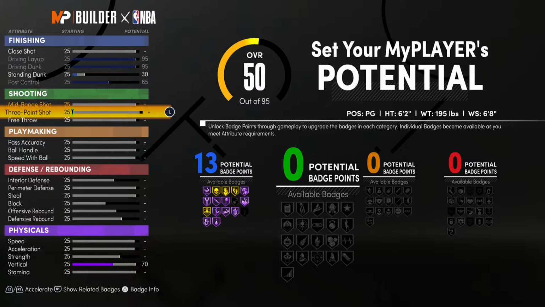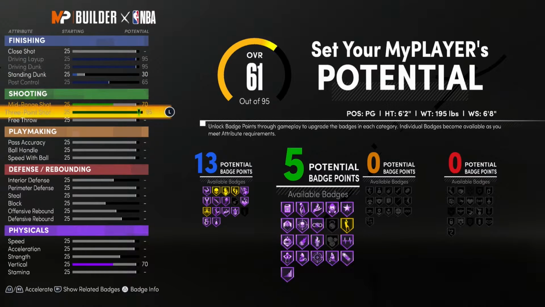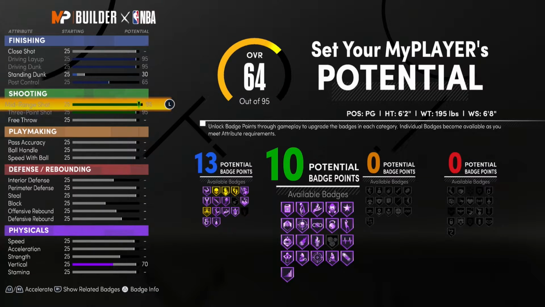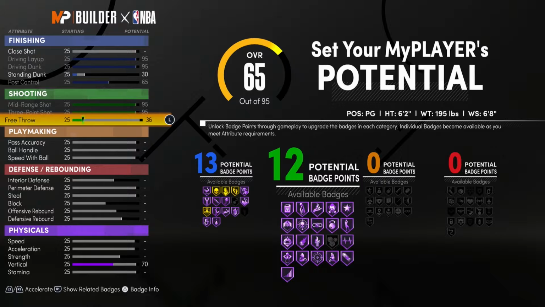And now we're on to shooting. So for shooting, we're gonna max out the 3-point shot all the way up to a 95, which automatically boosts up our mid-range shot to a 70. But we're also gonna max out our mid-range shot to a 95. Now for free throw, we're gonna go all the way up to